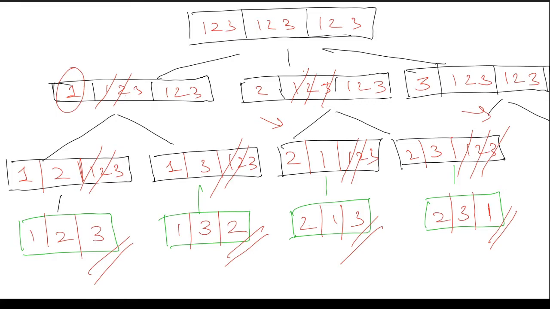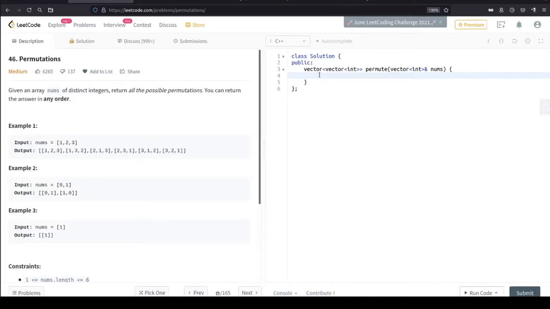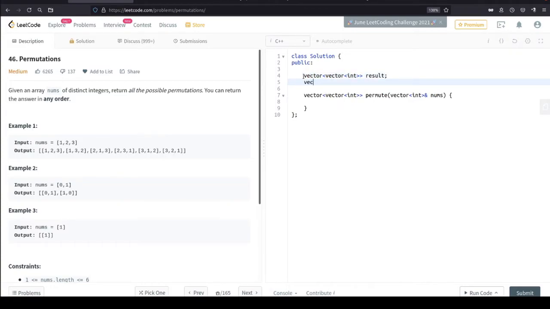So let's see the code now. Okay, let's start the code. Let's declare the variables first. So first I will declare a 2D vector which we are going to return as our output. So let's take it as result. Now I will take a simple vector named pairs which will give each pair. Okay, so this is one pair and this is one pair. So in short, the result will contain vectors of pairs.